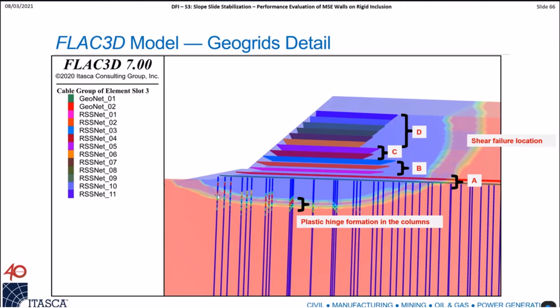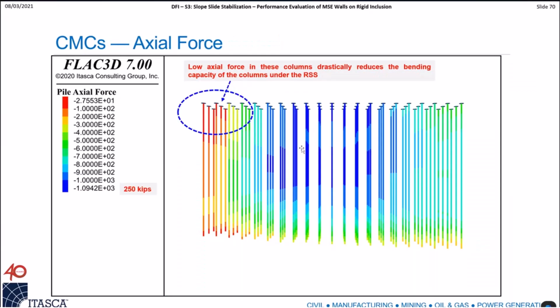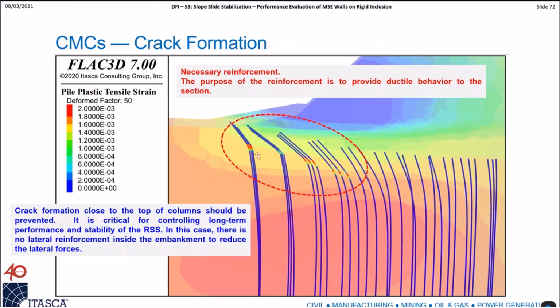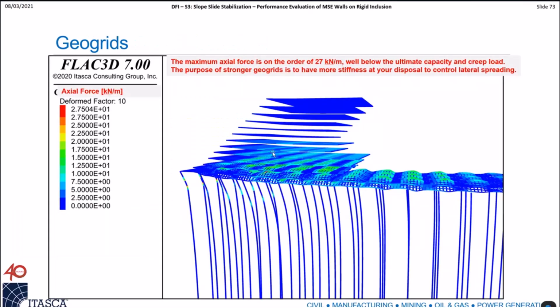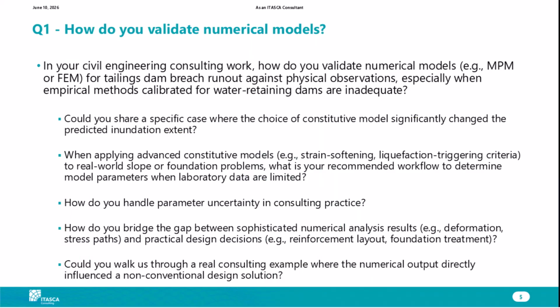analysis. A column can tolerate just maybe a fractional percentage of strain. Geogrids deform all the way up to 10%. So how can you reconcile this order of magnitude difference in strain, and then assume that everything is mobilized at failure? That is the advantage of using numerical analysis in this type of application. You see here how these columns are bending. At the end of the day, you see the concentration of strain, and the column is bending in this case. The best solution was to eliminate those columns at the side and put a reinforcement inside the embankment. I'm going to keep going and